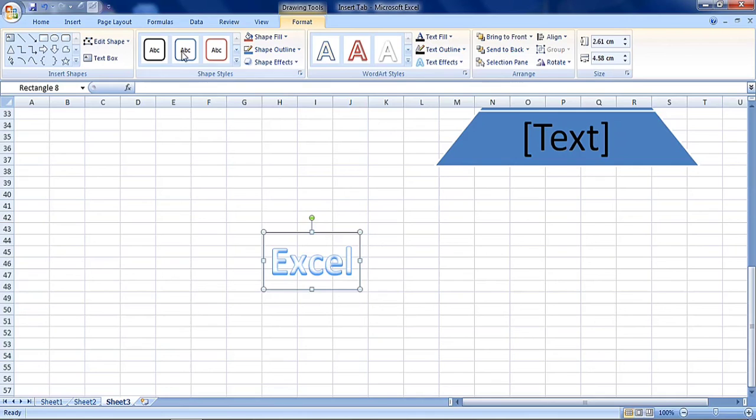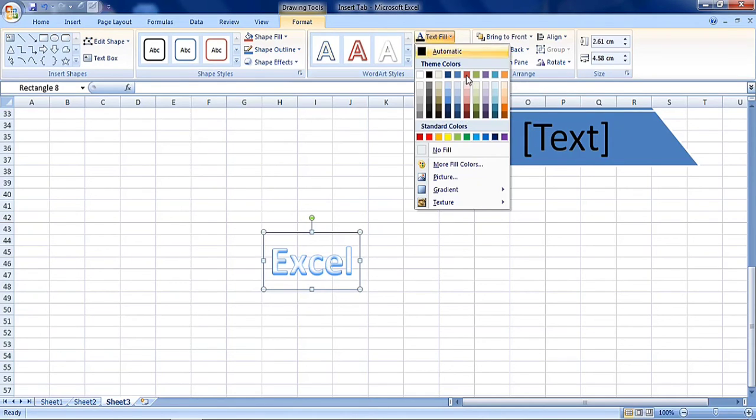Using this tab we can format it in different ways. For example, I want to fill the text with a different color. For that, you can select different colors. Immediately we can see the live preview.